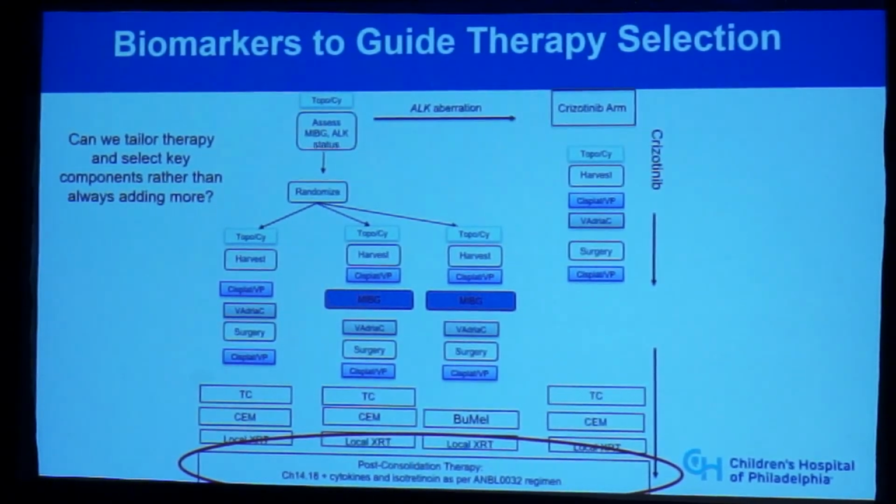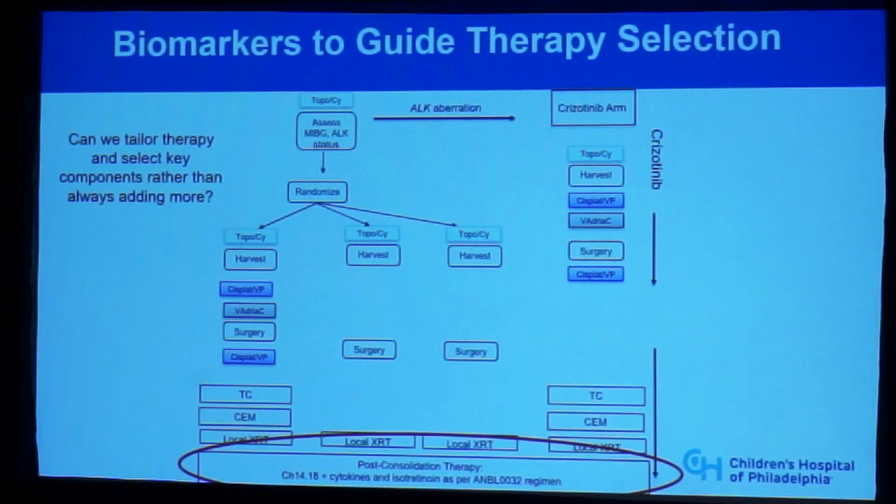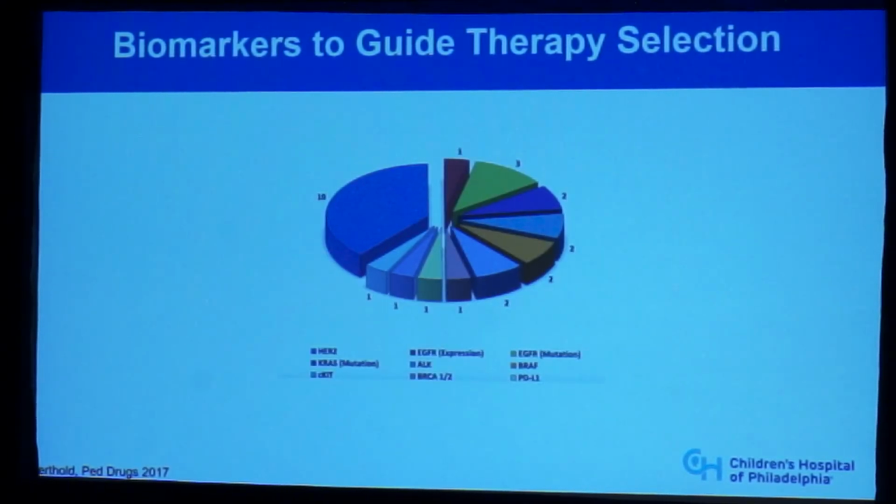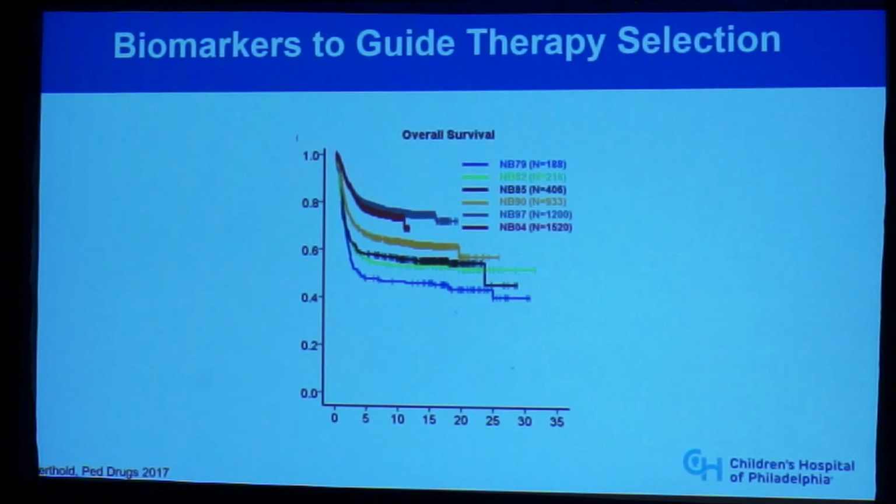Another example might be to identify patients who are going to be exquisitely sensitive to immunotherapy of various types, and again, be able to get rid of some of the more toxic components of our standard treatment. That is where I hope we can be 5, 10, 15 years from now. So similar concept to our non-high-risk patients: stop making them so sick and get to where you want to go. How do we develop biomarkers? So far, it feels like a little bit of a black box, but hopefully this week we'll learn a lot more about it. I think it's going to be more complex than in some adult cancers where there's a single test for a single gene that guides your therapy. But hopefully we'll be able to learn more about biomarkers and more about targeted therapy so that we can continue to improve our outcomes.